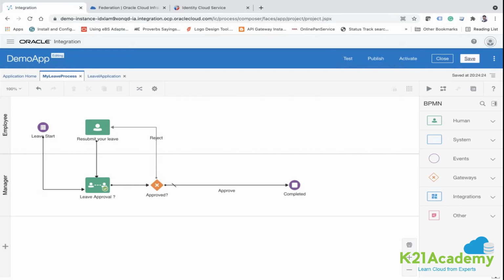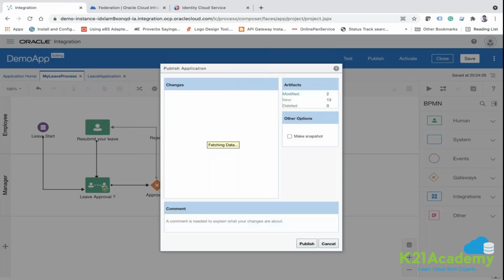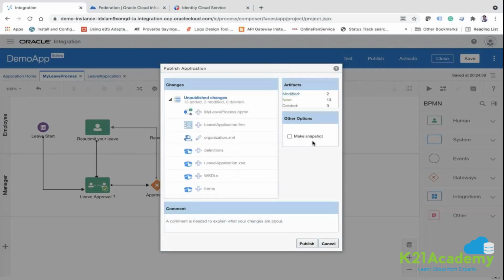How to test is, I was mentioning that you can test this process without activating it. So first we have to publish it. Publish is nothing, it is just to create a snapshot of the action. Means it is just like a snapshot you take when you create your application. Let's say you have developed 3 web forms and you have taken a snapshot, and then you created two more, and then you take another snapshot.